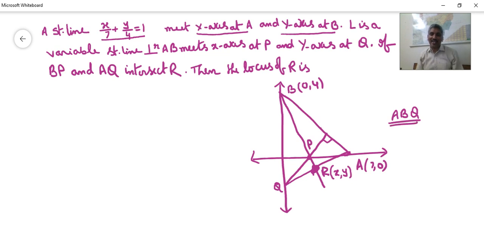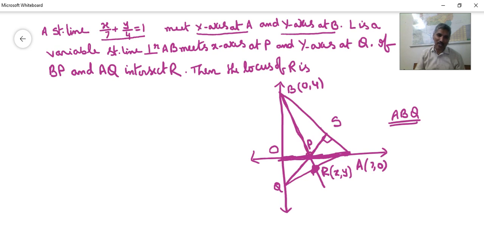ABQ. For the triangle ABQ, what is AO? From the vertex A onto the opposite side, a line is drawn perpendicularly. So AOE is an altitude. Agree or not? AOE is an altitude. At the same time, can you tell me what about QS? QS is also an altitude. QS is an altitude means what can you say about BR? No doubt, BR is also an altitude.